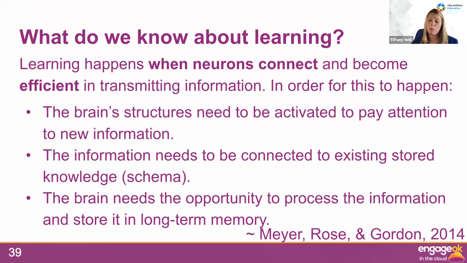The other thing we want to do to mitigate risks of open education resources is to focus on the equity of those resources. So just quickly as a reminder, I think many of us know this, that learning really happens when neurons make connections. So the brain, for our students, the brain structures need to be activated to pay attention to new information that they're presented. So that's where we get the engagement piece, is what you're presenting to students in your lesson or your curriculum, is it causing them to activate past learning? And then the new learning that comes into play has to be connected to that existing knowledge.